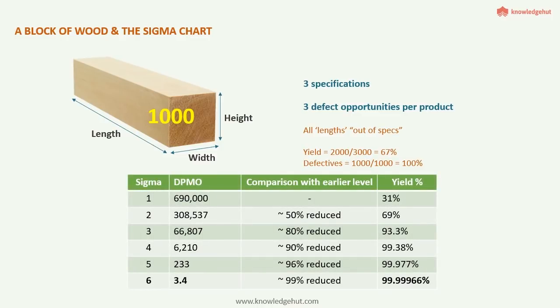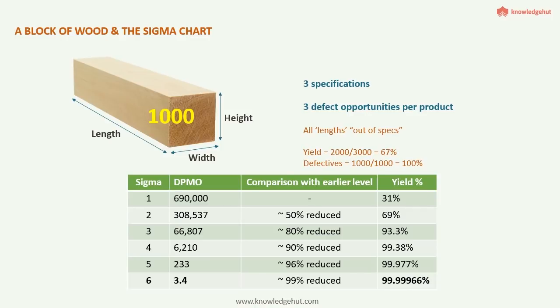Now we take a look at a Sigma chart. This is a famous chart. As you can see, being a one Sigma company means that 690,000 out of 1,000,000 opportunities are out of specs. This means only 31% are accurate. Being Six Sigma means, that's at the bottom of that chart, out of 1,000,000 opportunities, only 3.4 are not in